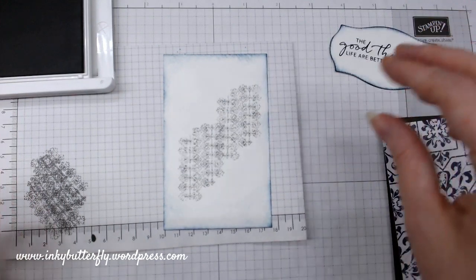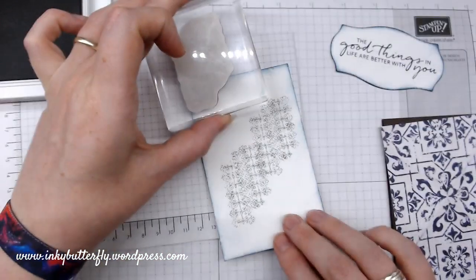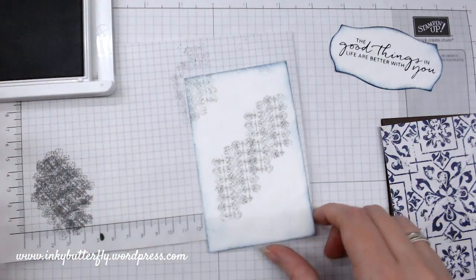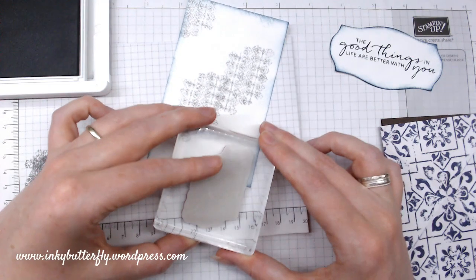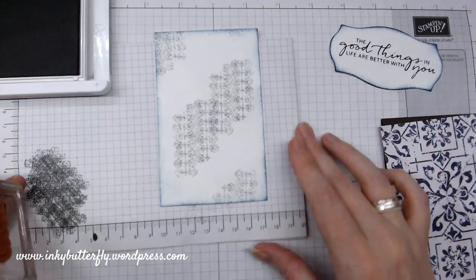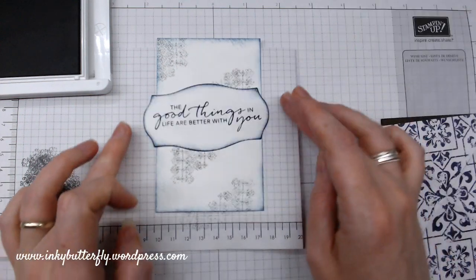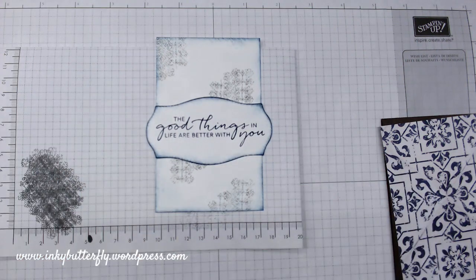That's nice. I think what we'll do is we'll just add a little bit to the corners as well. So I am going to flip the stamp. Okay, so there we go. So that was Smoky Slate. It's lovely. And the Early Espresso is quite a dark colour, and I think that will overlay quite nicely with those other